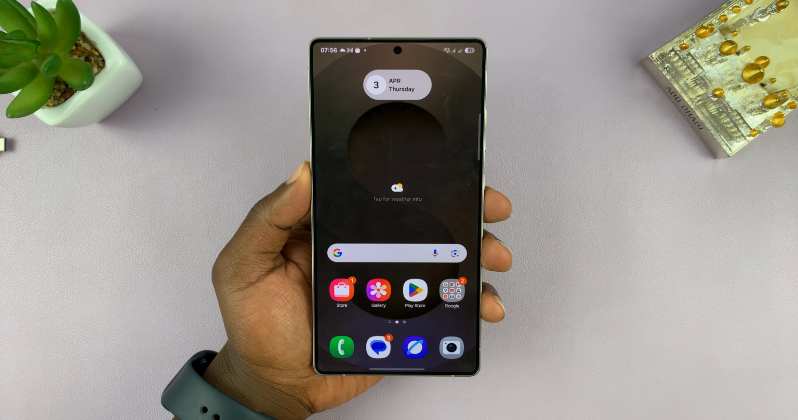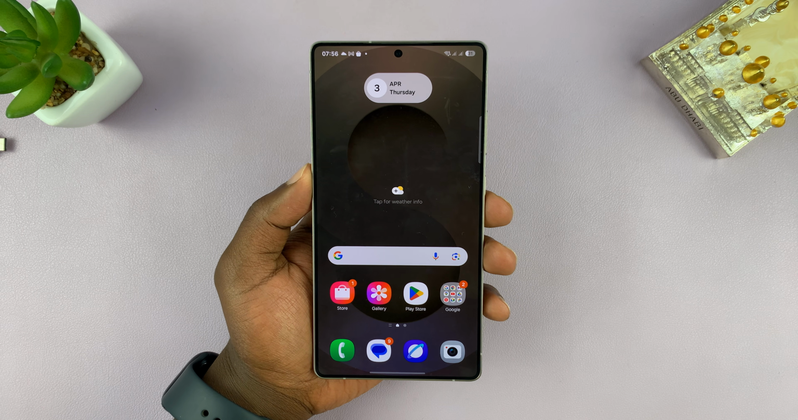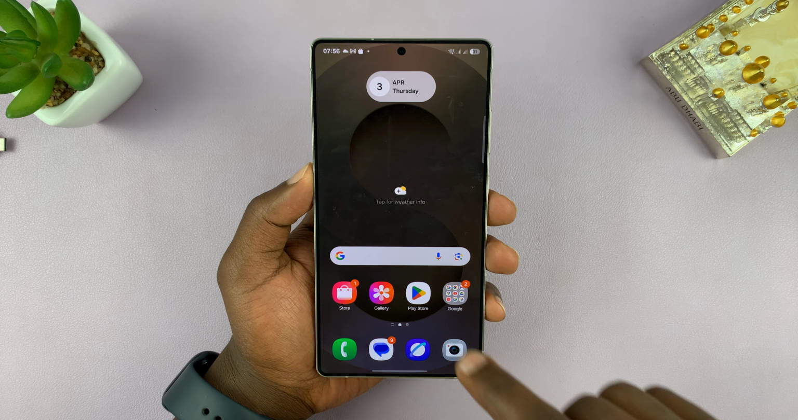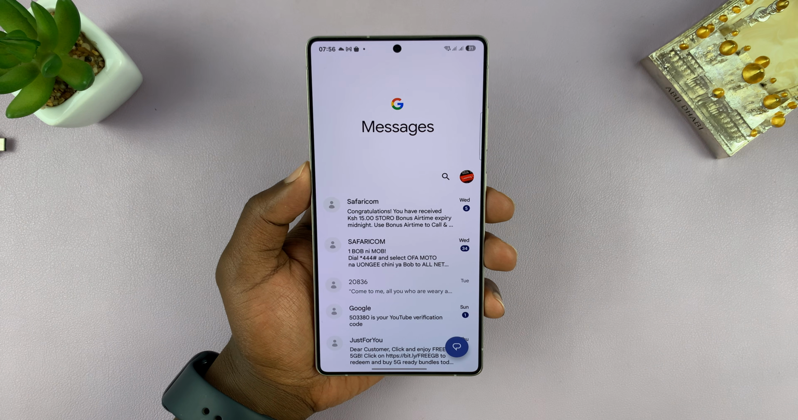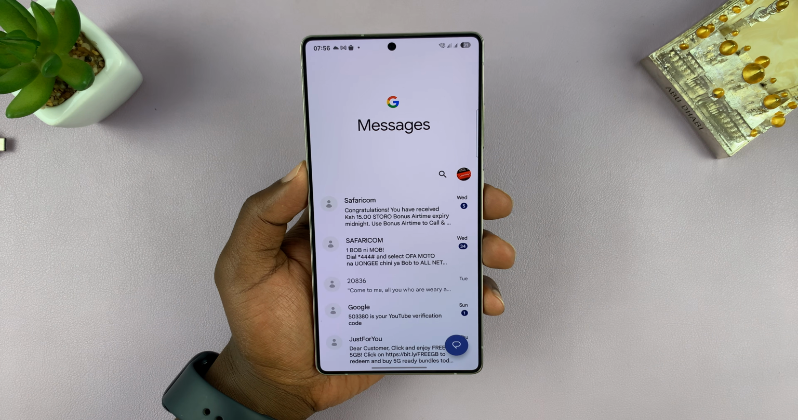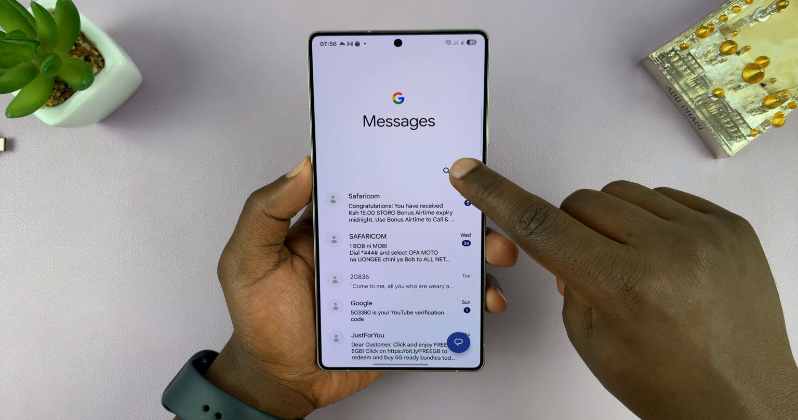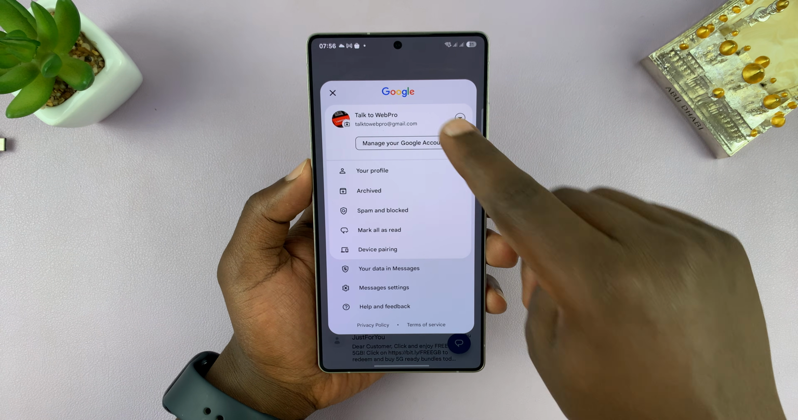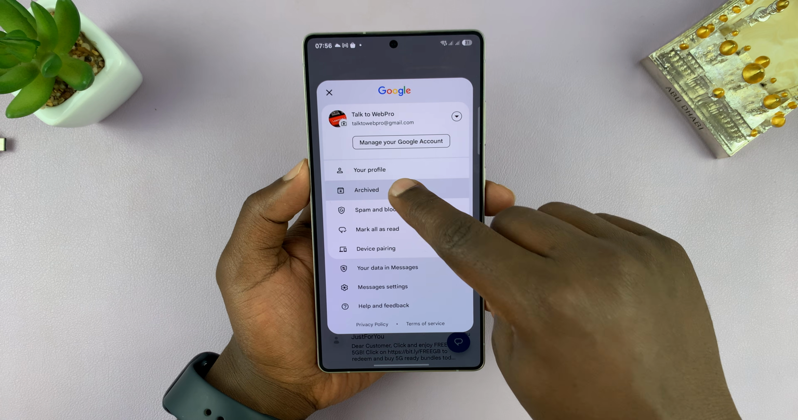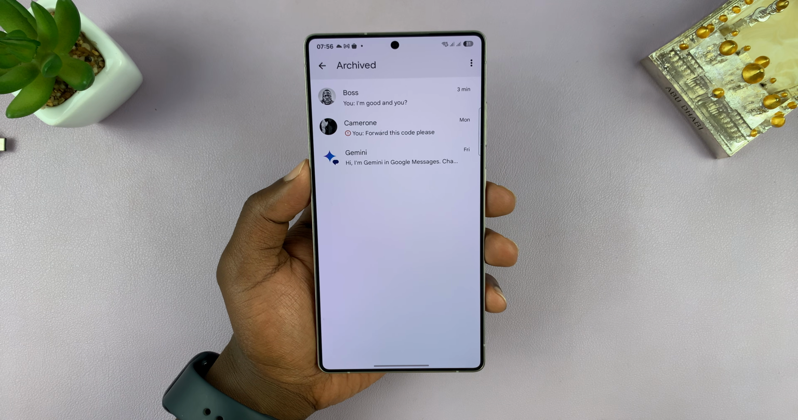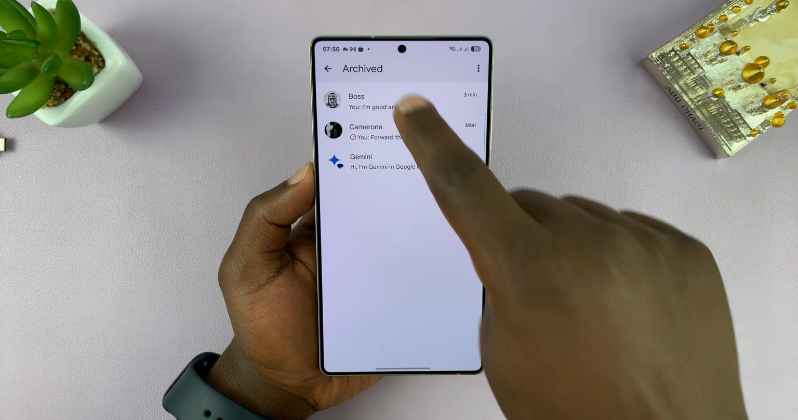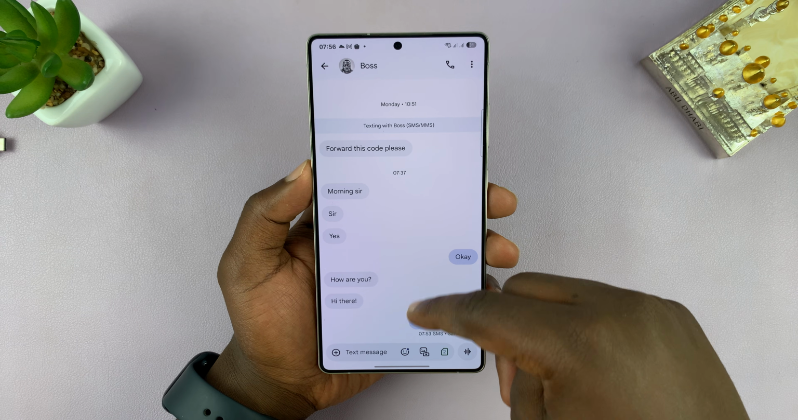So I'll be showing you how to see archived messages on your Galaxy S25. Simply launch the Messages app, and then in the Messages app, tap on your profile icon in the top right corner, and then from the menu, tap on Archived. And that will list for you all archived conversations, and you can tap on any archived conversation and read the